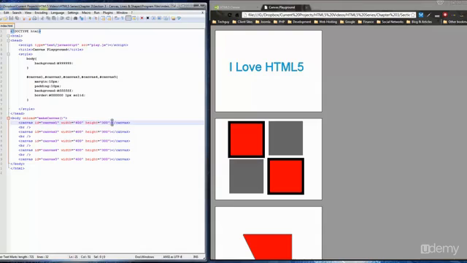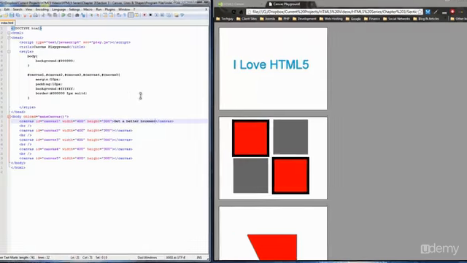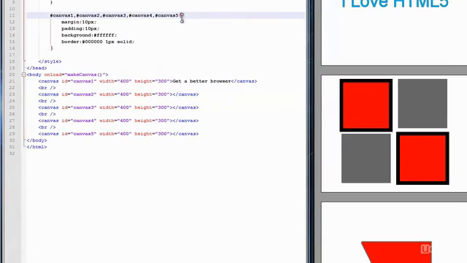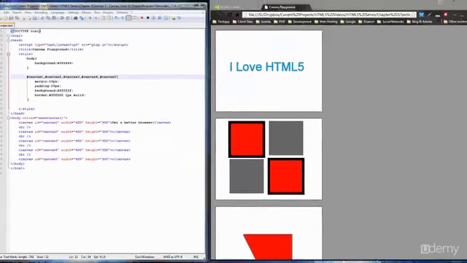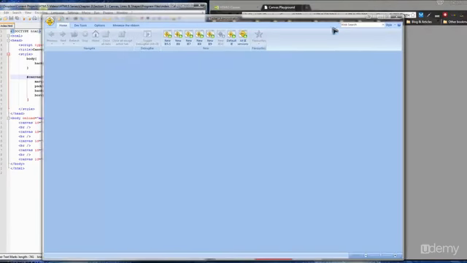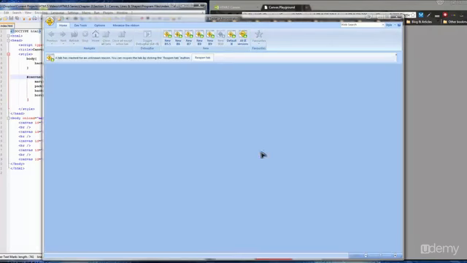So all you would have to do is type something in here like, get a better browser, and they'll see that instead. Actually, why don't I show you that? I'm going to save this, and I'm going to open the IE tester that I have, and this allows us to look at older versions of IE. So if I open up IE7,